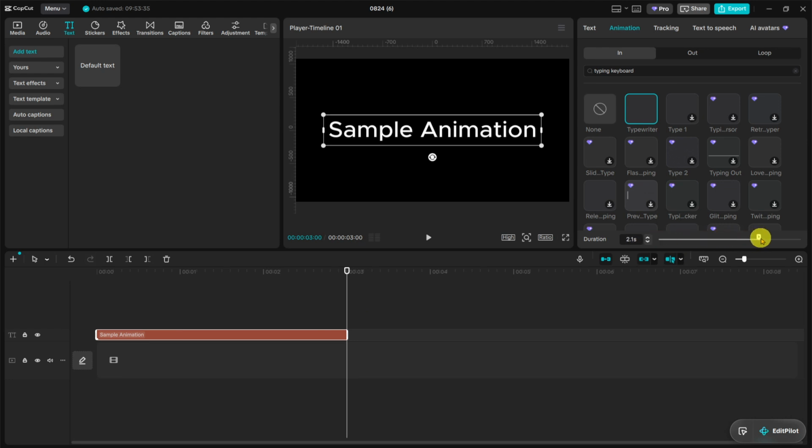Take your time while adjusting this setting. It can help to preview the animation after each small change so you can find a speed that looks natural. A slightly slower animation often gives a cleaner and more polished result, especially for text that needs to be readable. If the animation looked like it was missing before, slowing down the duration will usually make the effect visible again. This is especially useful when working with reveal-style animations, where timing plays a big role in whether the effect is